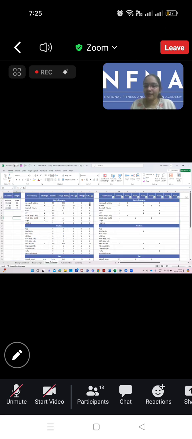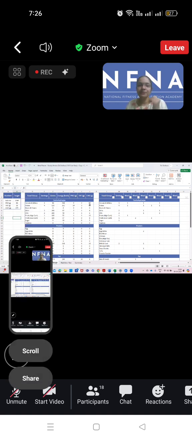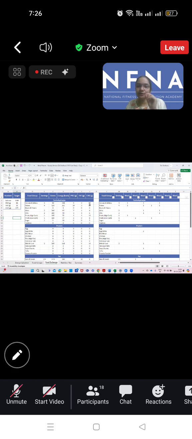This is a manual calculation which is going to take a little bit of time. But why are we not giving you the automated sheet? Because the academy wants you to understand each and every minute detail while preparing the diet plan. So once you successfully complete it, you will definitely be getting this automated sheet. Okay. So likewise, once we have updated here,